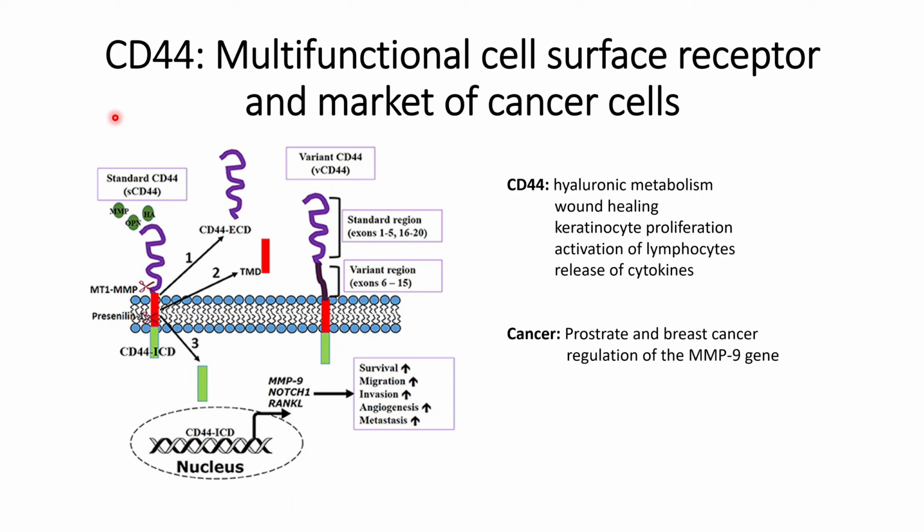In this video, we will discuss some of the functions of the CD44 receptor. CD44 is a transmembrane receptor. It has three domains: one is the extracellular domain, another is the transmembrane domain, and the third one is the intracellular domain. So the standard CD44 has a specific form of extracellular domain, and it is cleaved